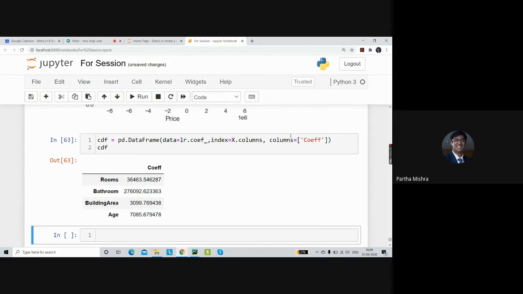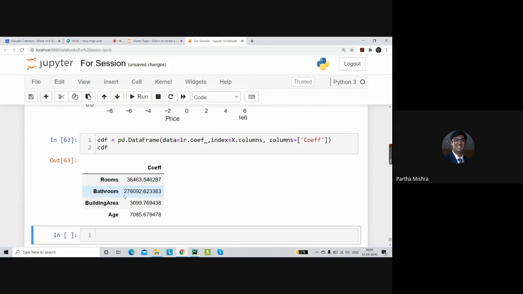Similarly, let's go for bathroom. If the bathroom number has gone up by 1, keeping every other factor constant, we are changing only one variable at a time, just to see how it's going to impact the price. In this equation, all the variables impact the price depending on the coefficient.